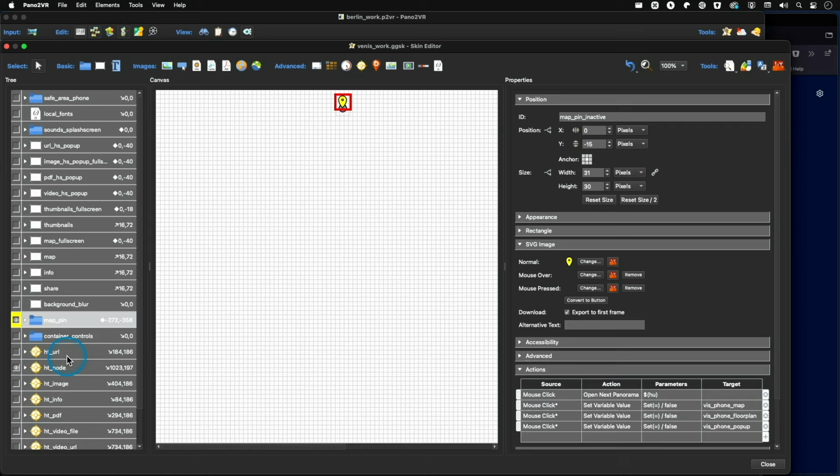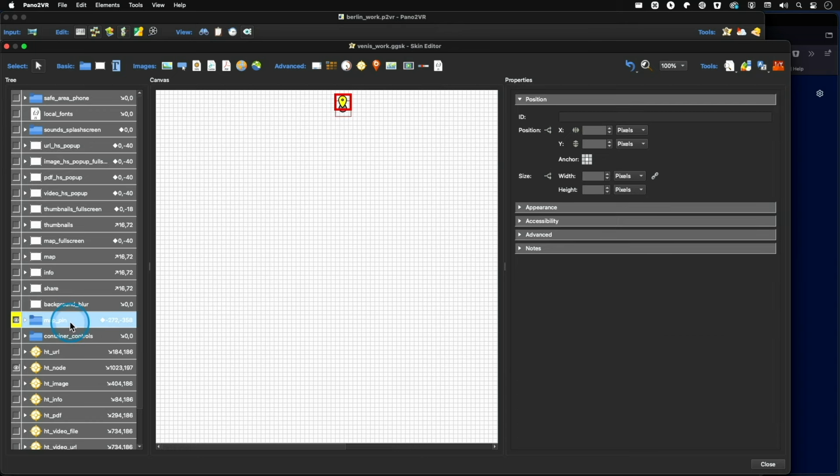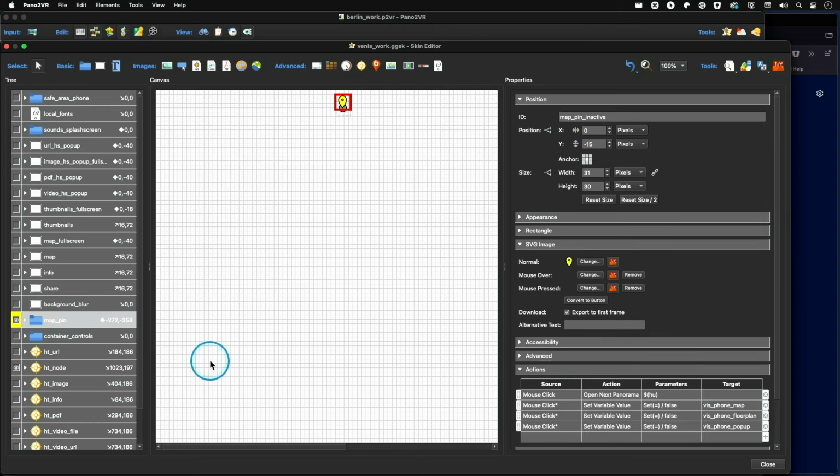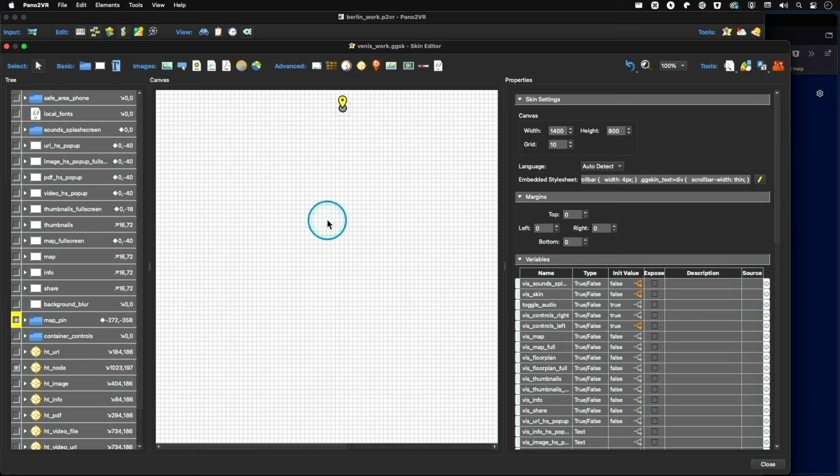So let's add some stuff we need for our project, and everything is only added to the skin. I don't modify any skin element besides this map pin. I only add some new stuff, and it is kind of isolated from the functioning skin. So I'm clicking with the command key here to deselect this pin, or clicking in the empty stage area,